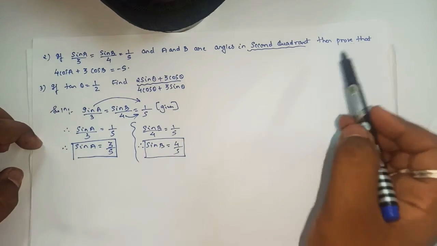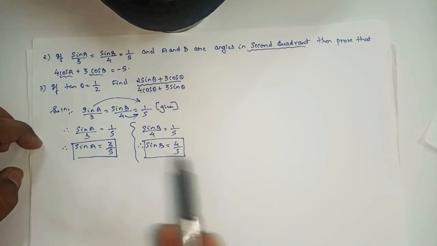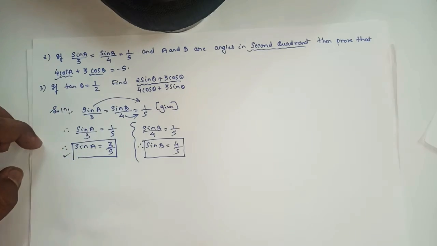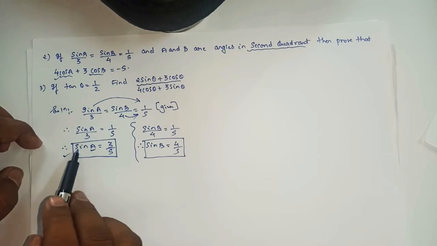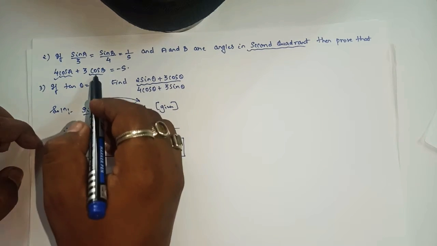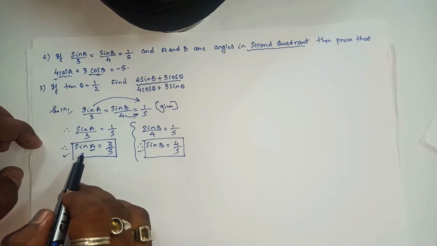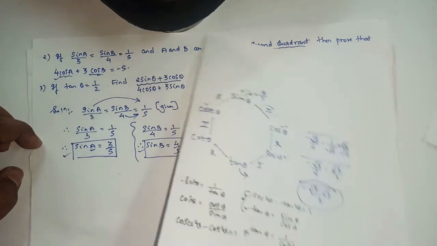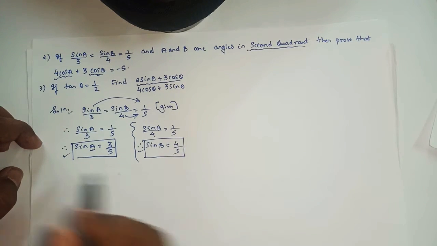So here we got the sine A value and sine B value. In the question it says that you have to prove 4 cos A and 3 cos B. So of course from sine A we can easily find cos A, as the angles are the same. With the help of sine A we can find cos A, and with the help of sine B we can find cos B, because here the angles are the same. So now we'll check the relation to find the answer for cos when we have sine. The relation is very simple. For sine and cos, the relation is an identity. Yes or no?